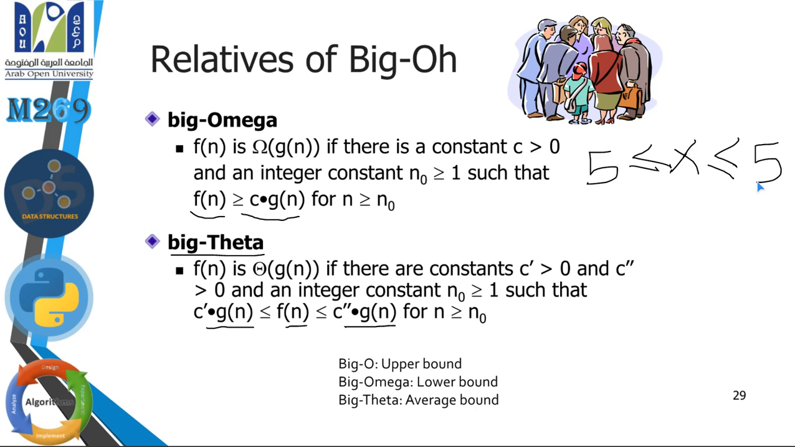I will make it very easy for you. I know that it might be complicated now, but I will make it much easier for you to know the difference between big O, big omega, and big theta. So in big O,